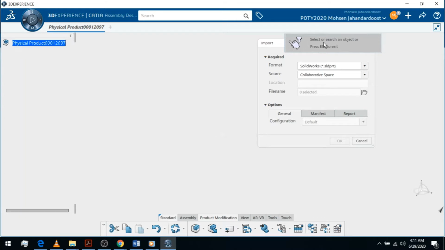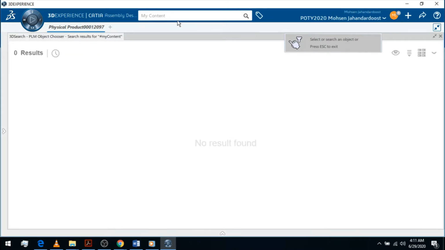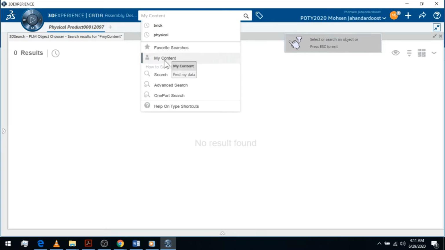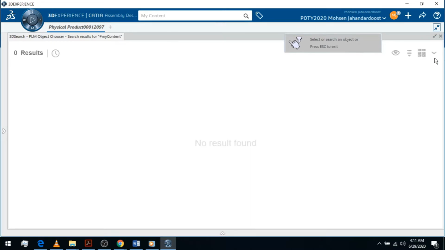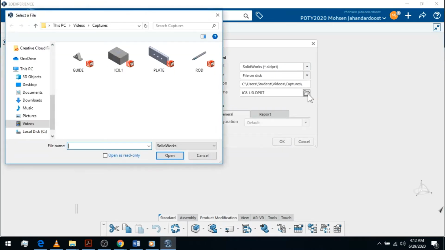So here you can see that it gives me the notification that I need to search through my drive. So I click here and I go to all of my content. So I click on the search and I go to all of my content, and it shows all of the parts that I have in my parts. So there's some problem with the connection to the internet, so I just use from my hard drive,